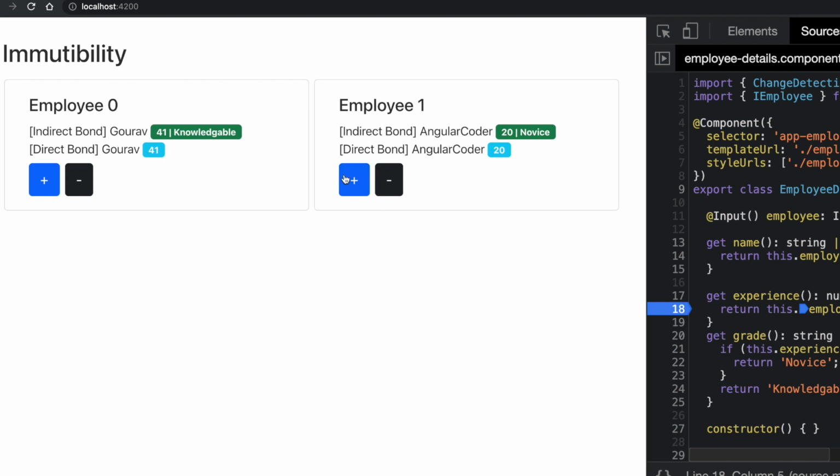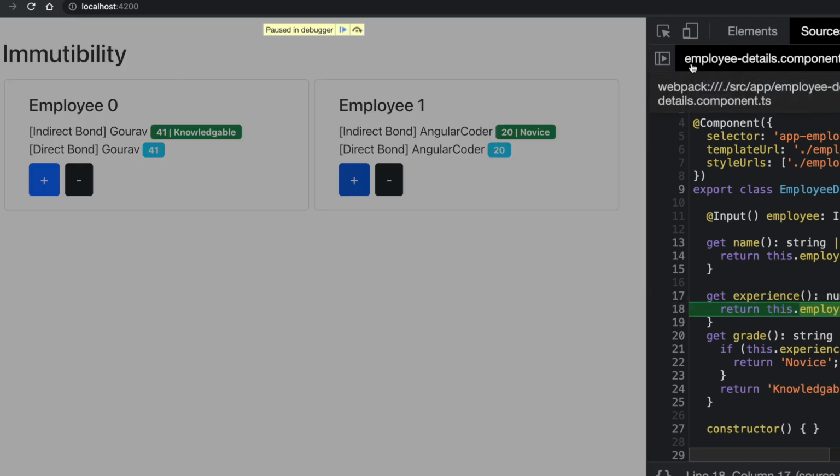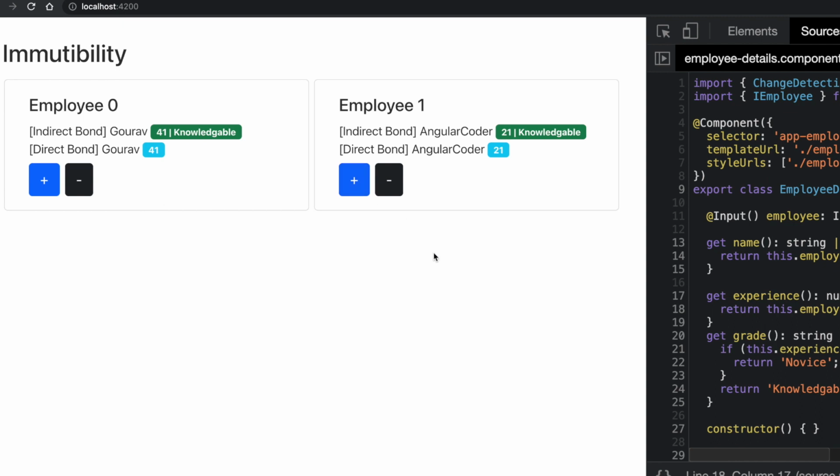So I click on this, and whenever I click on any button the change detection is called. But if you have a bigger application and a lot of changes happening on mouse movement or keyboard press, these getter properties will be called again and again. So any kind of change detection anywhere will trigger the return value of this. It is not that performant again, because every change detection would force your code to run whatever you have written inside the return. So in that case you should always consider using OnPush with immutability, and that's why immutability is important.